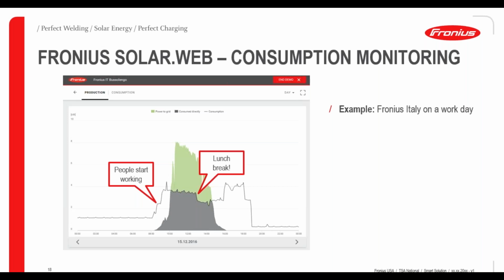And then you can see when people go for a lunch break, there's a drop-off in usage. People probably put their computers to sleep, they unplug their heaters. I don't know how cold it is. Take their phones with them. Yeah, I don't know how cold it is in Italy, but